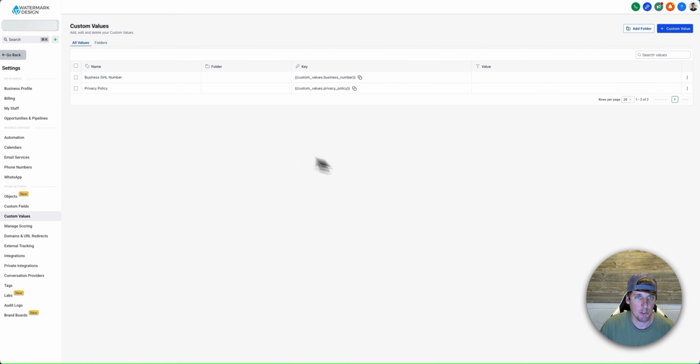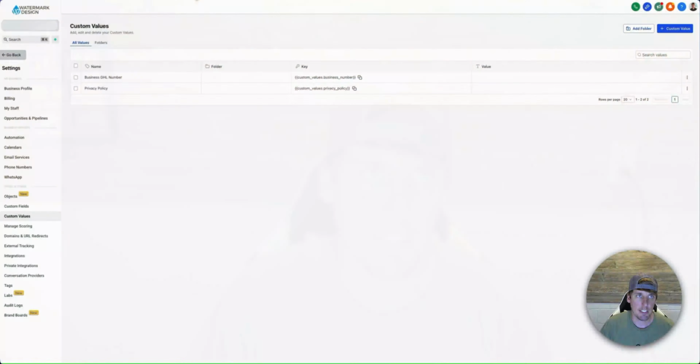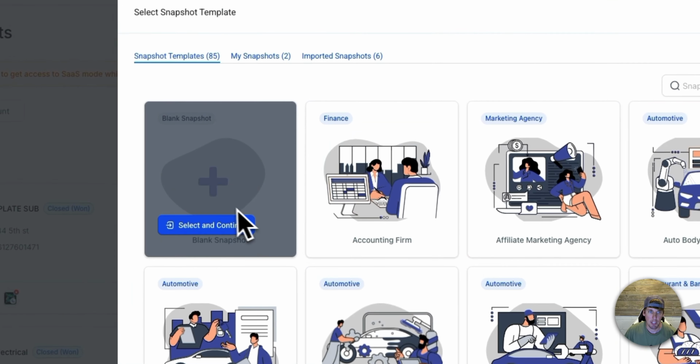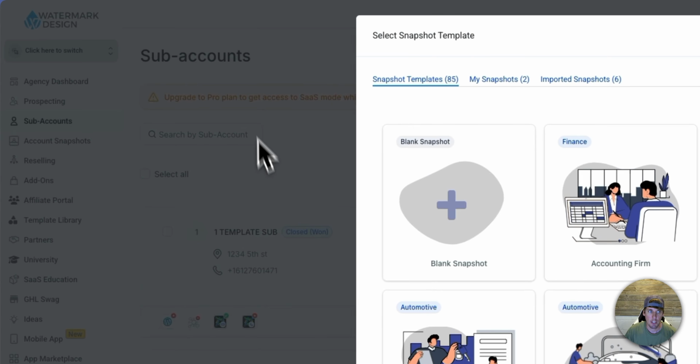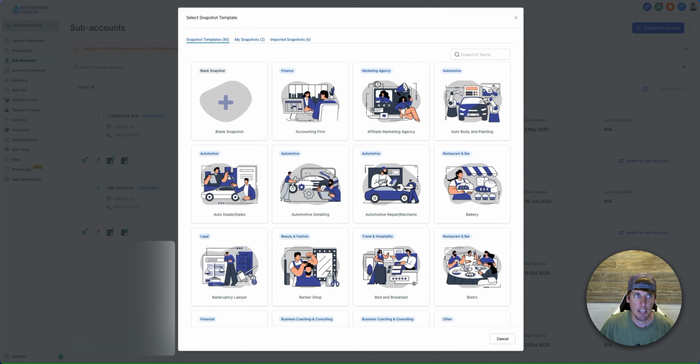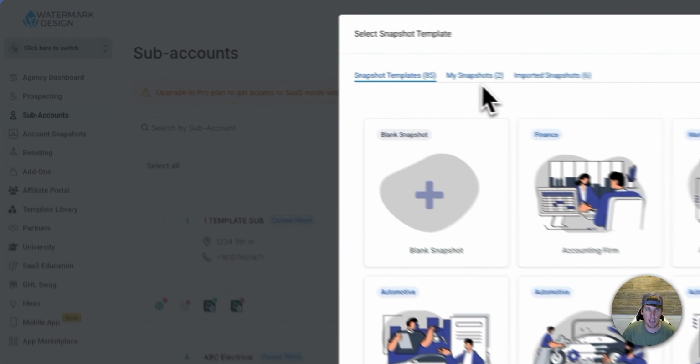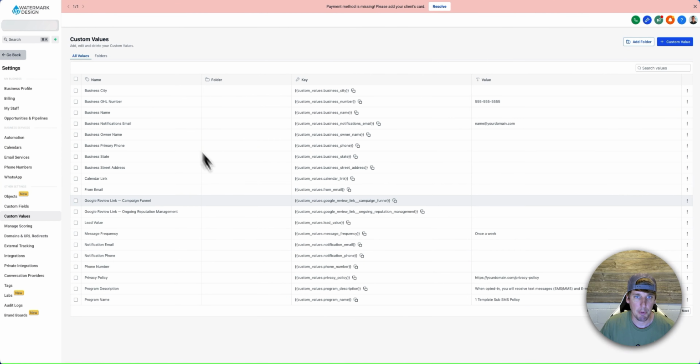GoHighLevel custom values. One thing we ran into when creating new accounts, as we've been doing this more, if you use a default, like a blank snapshot or one of these other ones for creating an account, and then you want to import, say later, your own snapshot of custom values, we've found that these type of custom values, when you try to bring them in on an account that's already created from another snapshot, it does not bring them